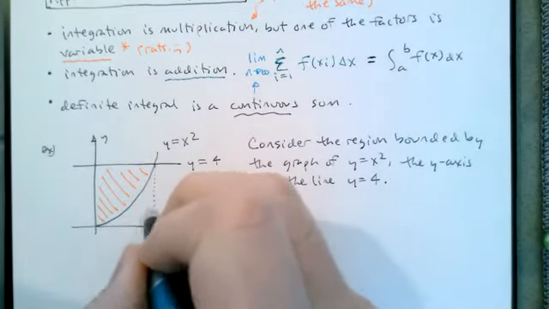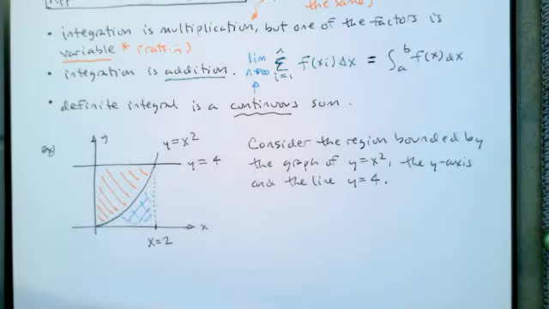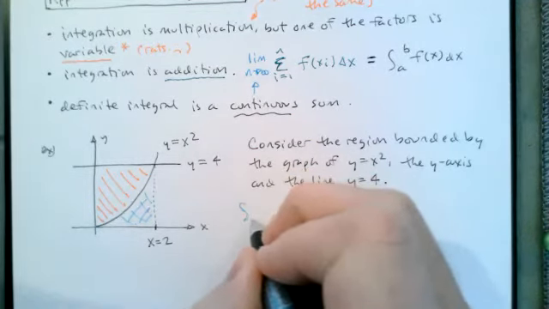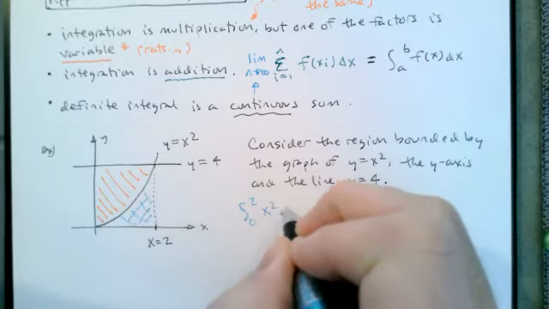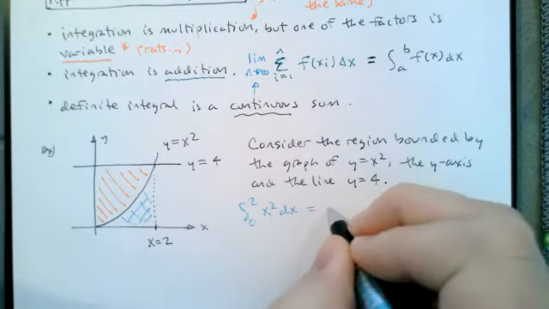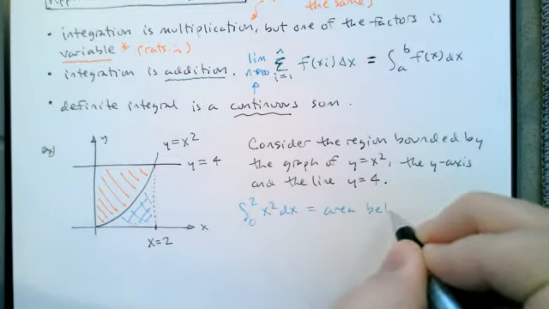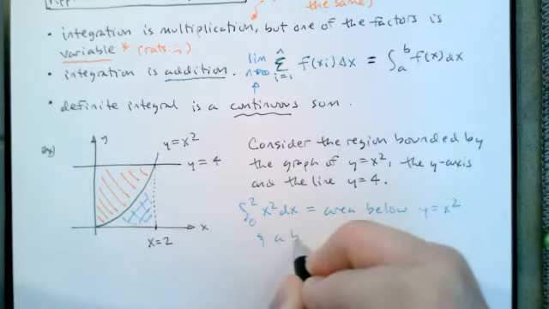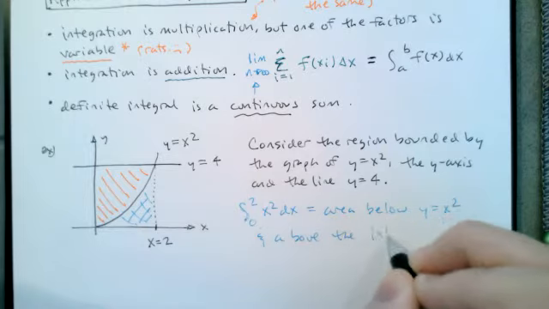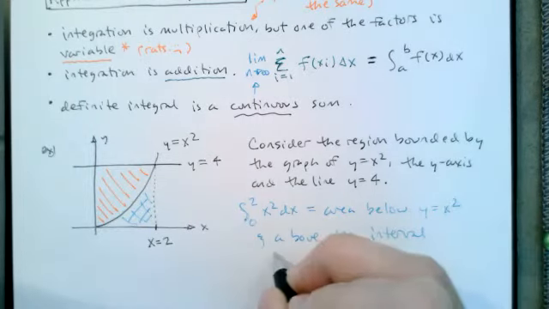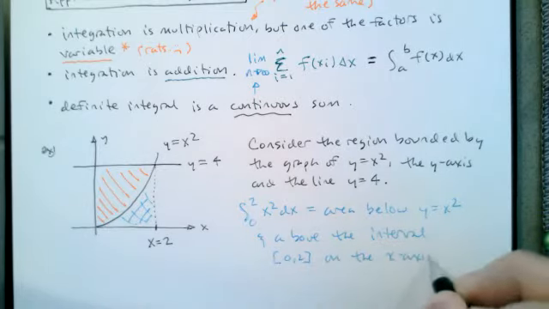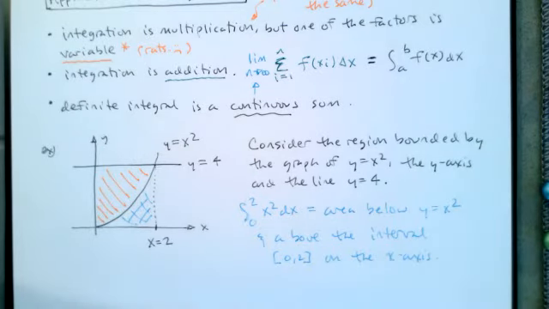We could find the area below the x-axis. So if we integrate from 0 to 2, x squared dx will be the area below the graph of y equals x squared and above the interval from 0 to 2 on the x-axis. Once we have this area, we could subtract that from 8, and that will give us the orange region, the region bounded